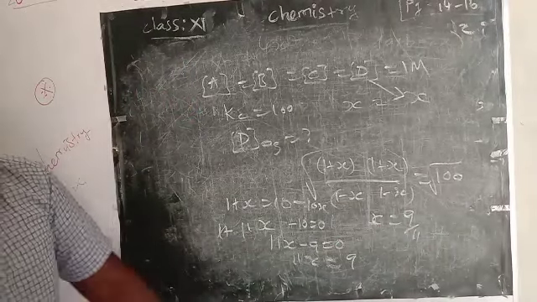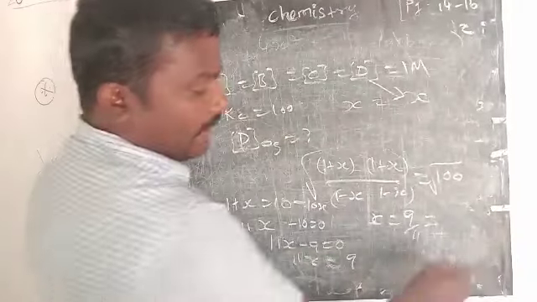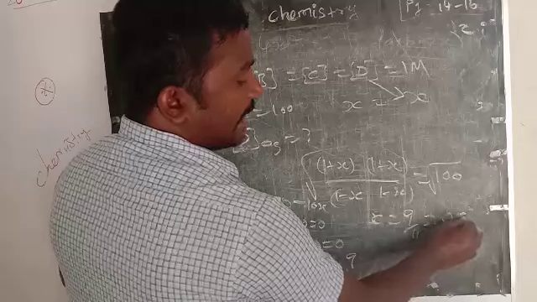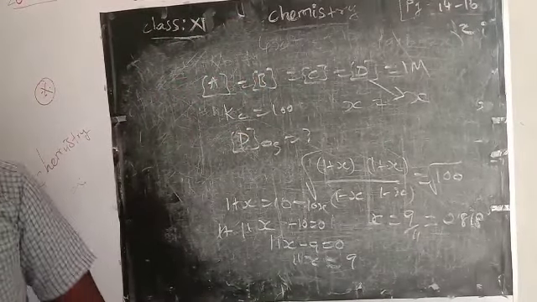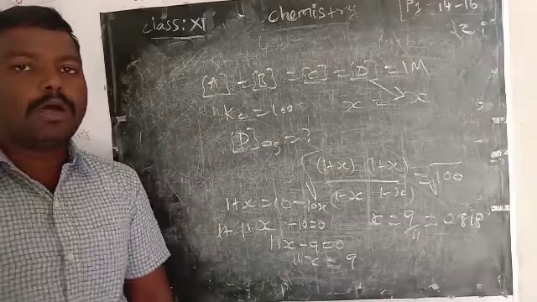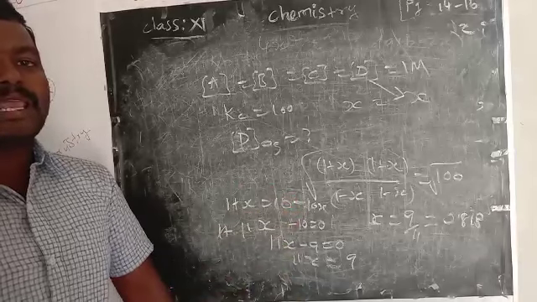So this is the way you have to find the x value. If you simplify this, you will get 0.818. Okay. So you should know both ways to find any concentration as well as the Kp and Kc terms.